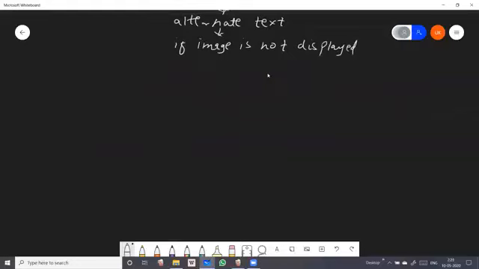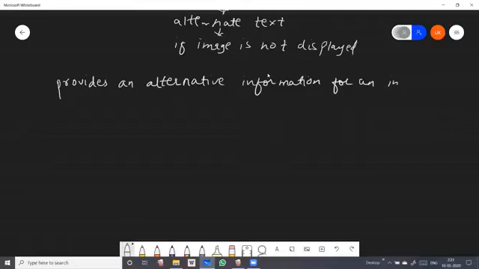Okay, and then it provides alternative information for an image which cannot be displayed for a reason.